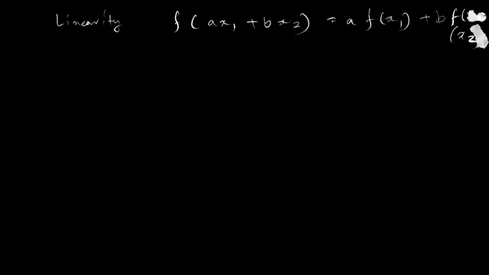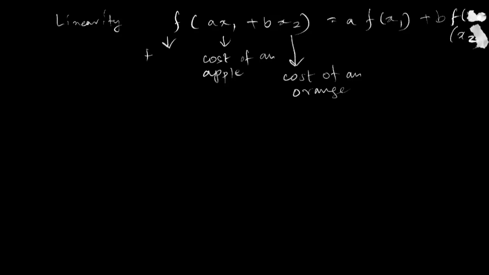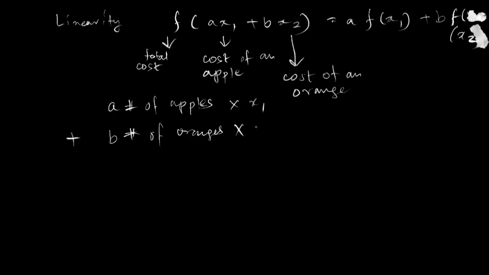For example, if x1 is the cost of an apple, and this is the cost of an orange, then the function of the total cost of buying a number of apples at a price of x1 plus b number of oranges at a cost of x2